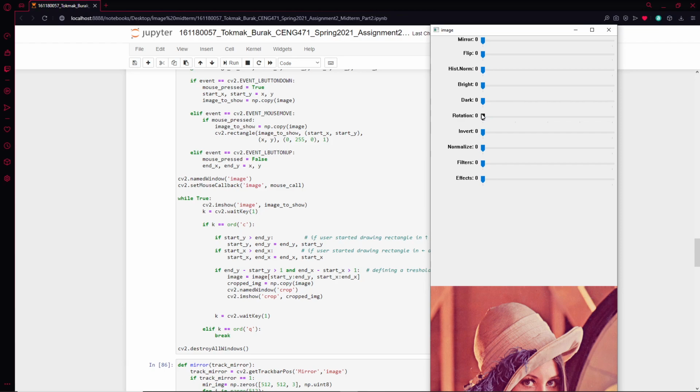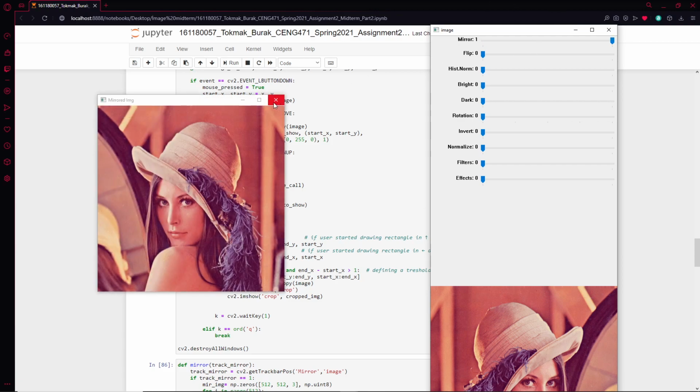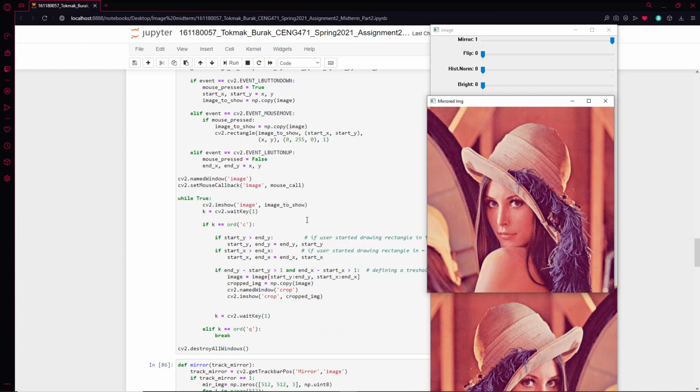All the functions in my code other than the mouse callback function use track bars to operate. For example, if I move the mirror track bar to 1, it will mirror the image like this. The mirror function does this